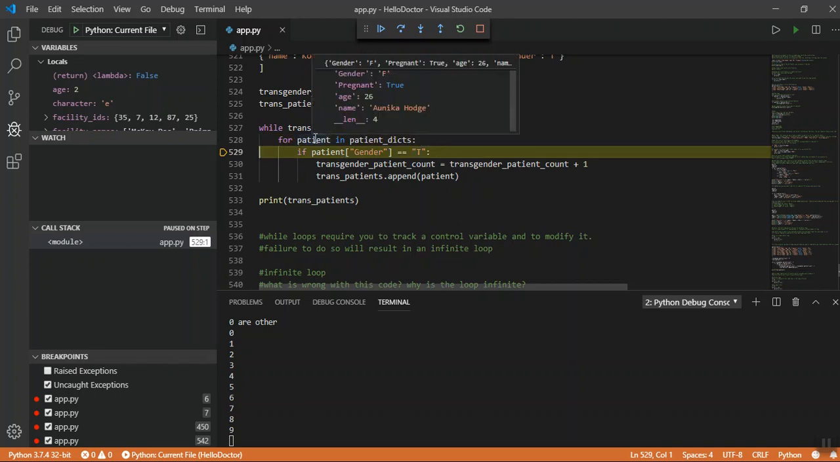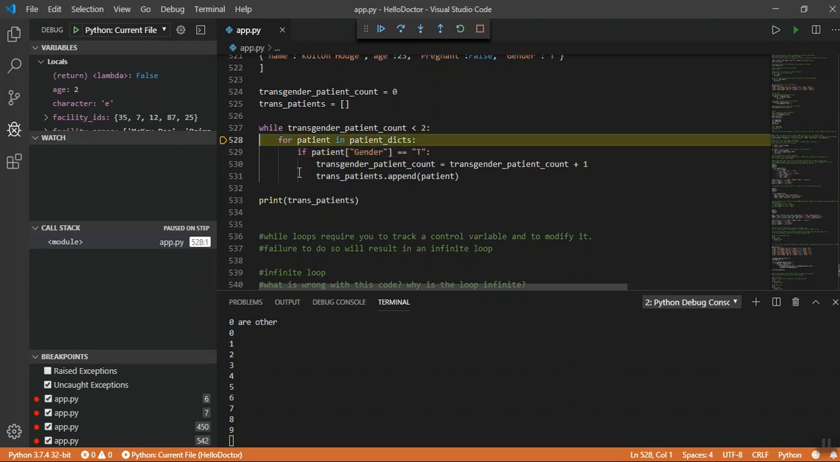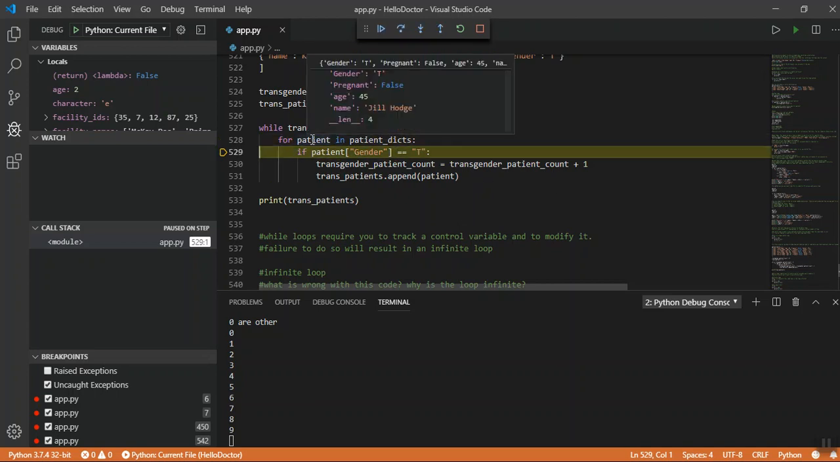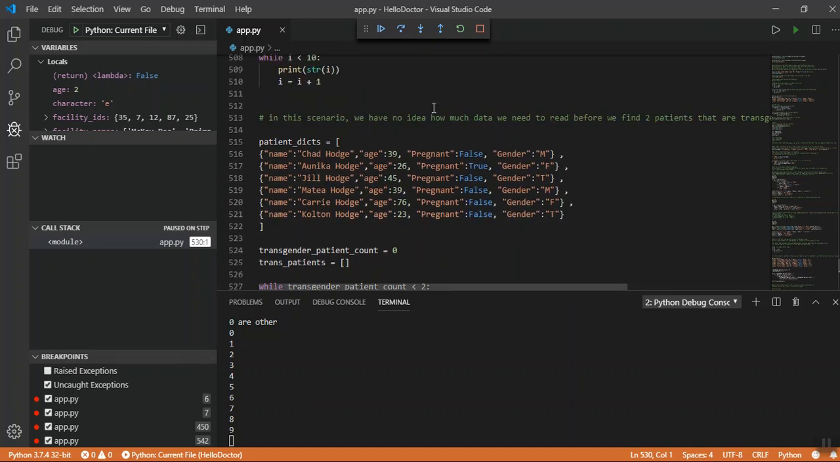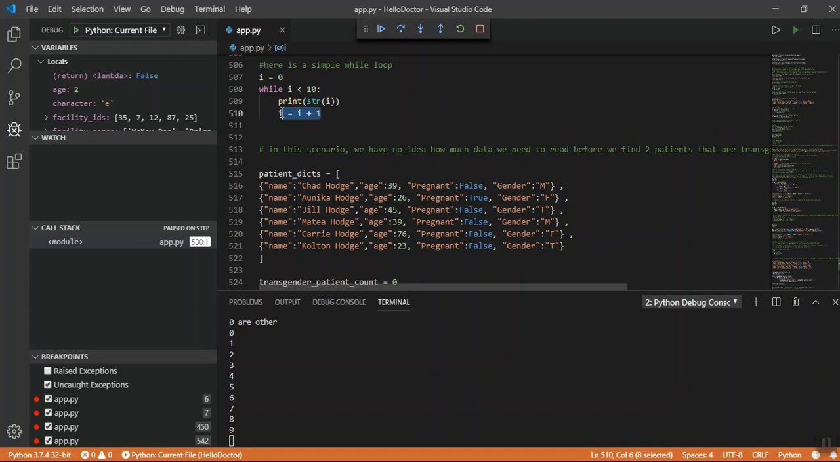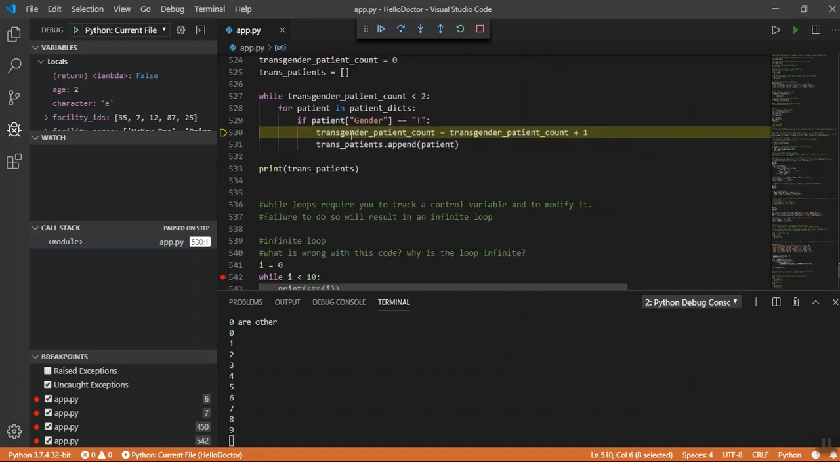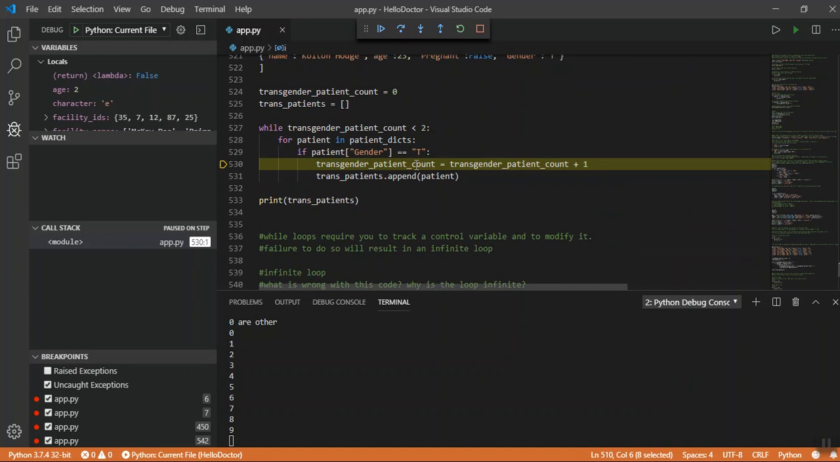Who's this one? This one's Annika. We're going to say, is she a trans? Nope. Next patient. This is Jill. Is she a transgender? The answer is yes. Okay, so now we found a patient who's transgender. So now we got to increment our control variable, just like we did on our simple one up here, right? We have to do something with our control variable so that our conditions will be altered a little bit. So in this case, we're just going to take the transgender patient count and we're going to add 1 to